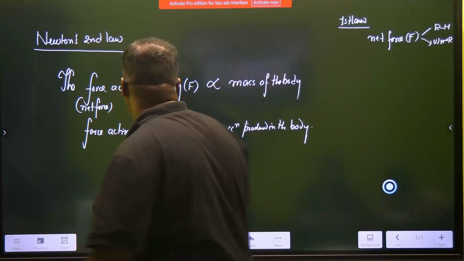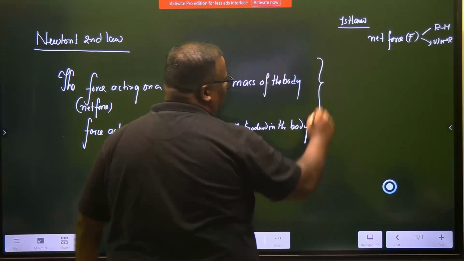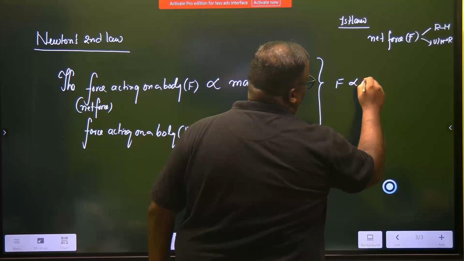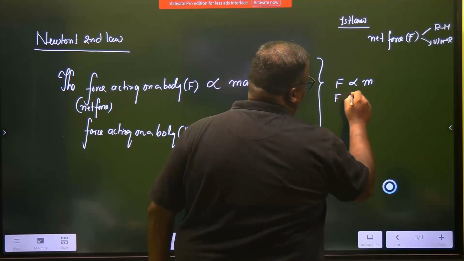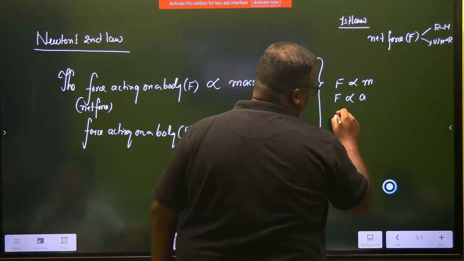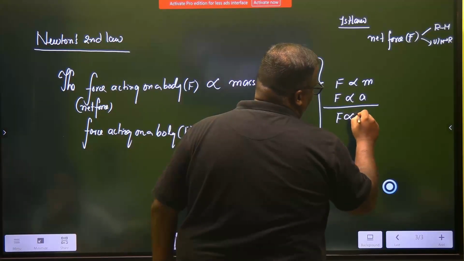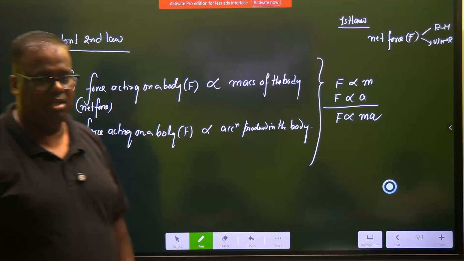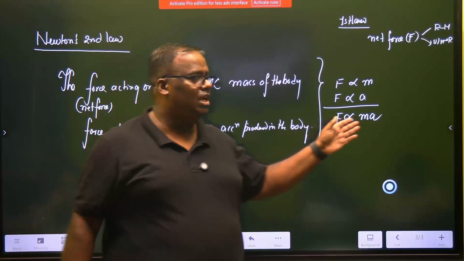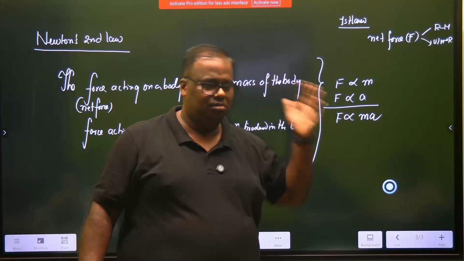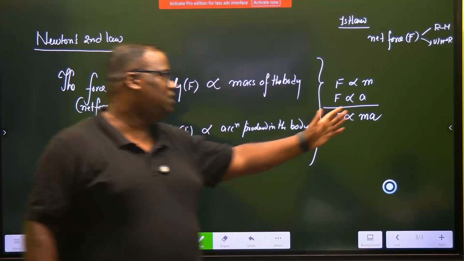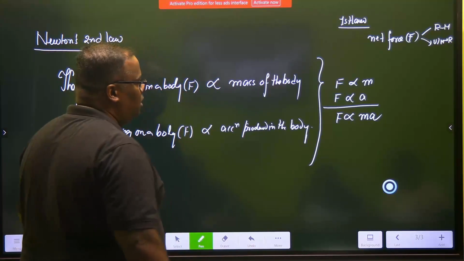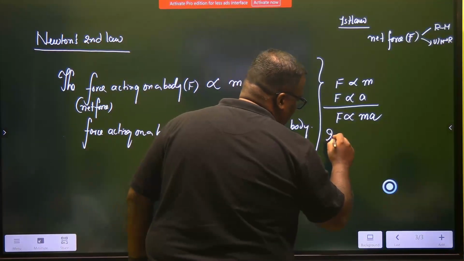Understood? Now, if I combine these two, this is typically the grade 9 approach. Force is directly proportional to mass and force is directly proportional to acceleration. Combining both, I can say force is directly proportional to the product of mass and acceleration. Many remember it as F directly proportional to ma. Now, if you are talking in terms of SI units,